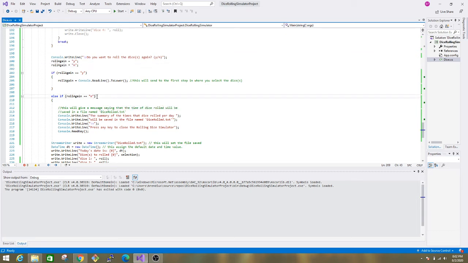If the roll again is no, it shows this message saying that the roll was